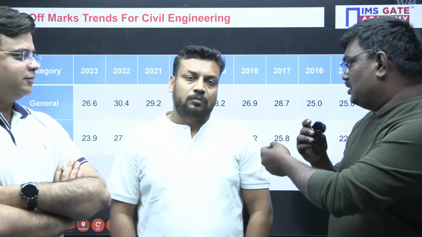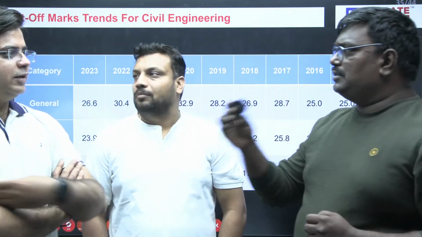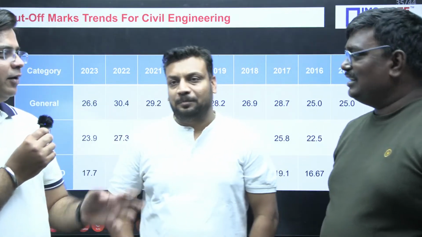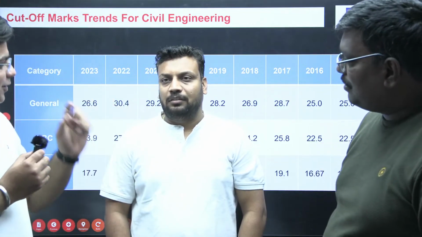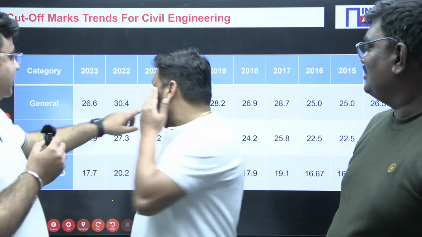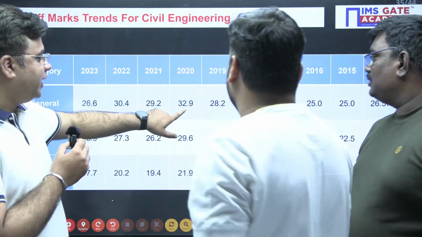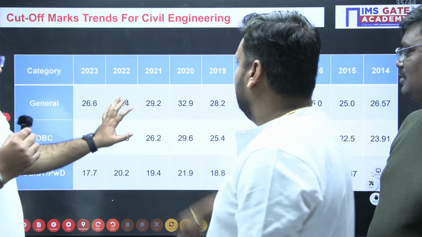Sir, one more thing, if you talk about the cutoff this year, what do you say, Pratik sir? Sir, for civil engineering, I honestly say it has civil paper 1 or civil paper 2, just for civil engineering, it has the highest number of subjects. Whatever the level of examination, for civil engineering the cutoff will always be in the range of 25 to 28. That's it. Some year it was 32.9 and this year it was 30.4. Yeah, 25 to 28 or 29 marks.